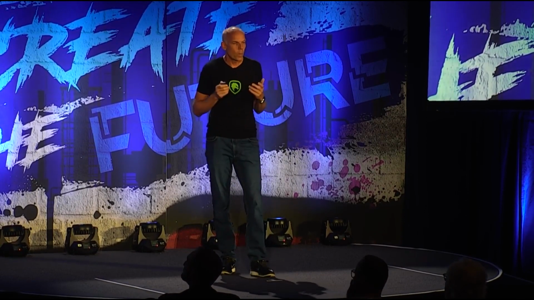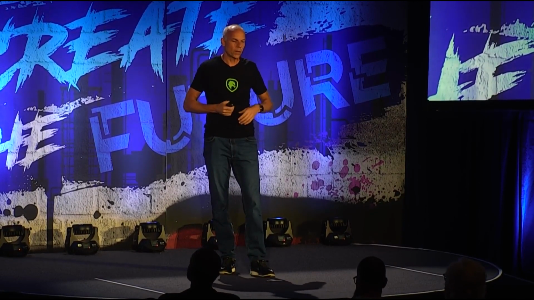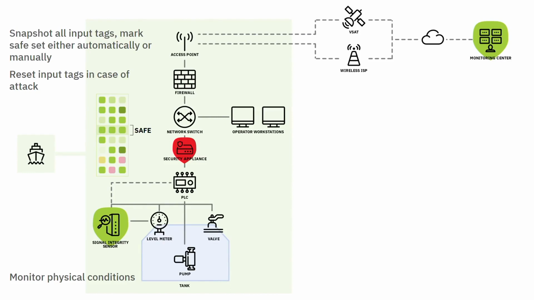Plus, the attacker has a little bit of an advantage. They likely have already shut down network access, so the signal integrity sensor works by itself and has an automated response. The attacker has more resources at that point. Okay, so we have to level this up a little bit here. Just having the signal integrity monitor by itself and looking at the values is really not good enough, okay?